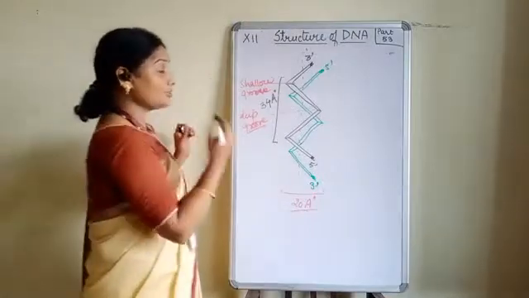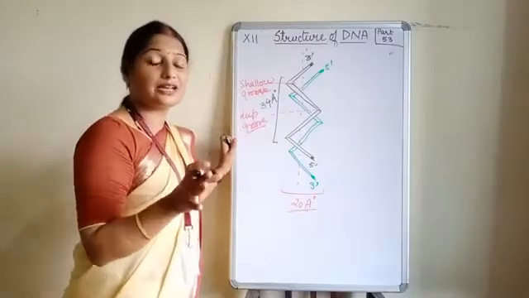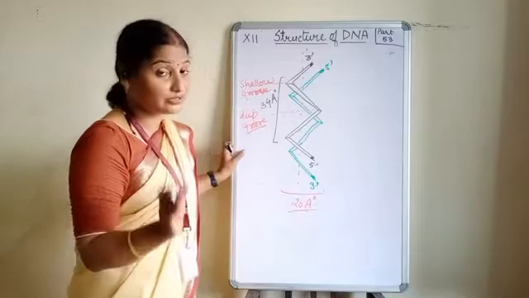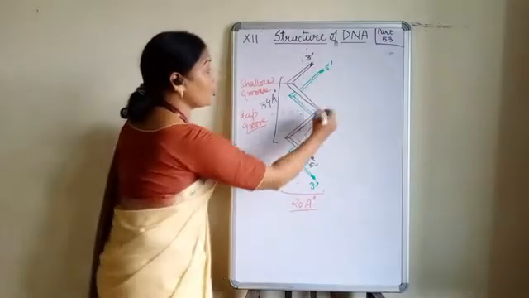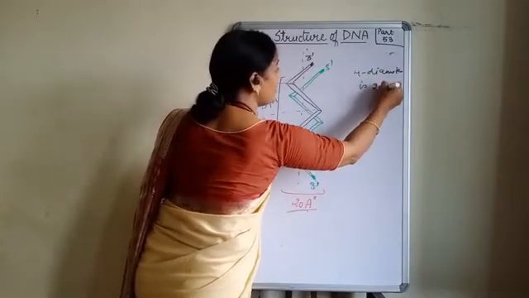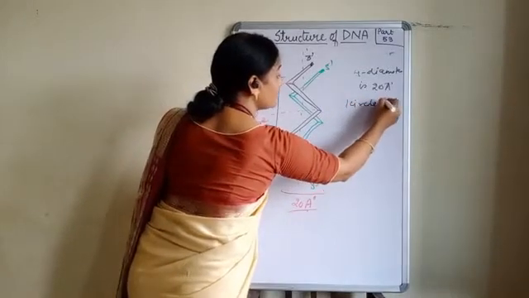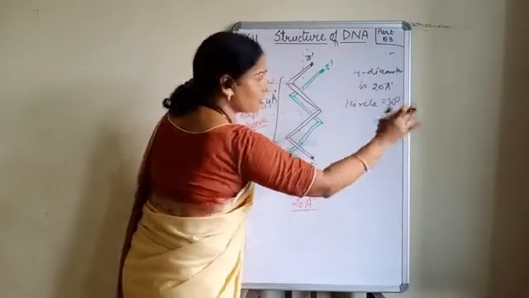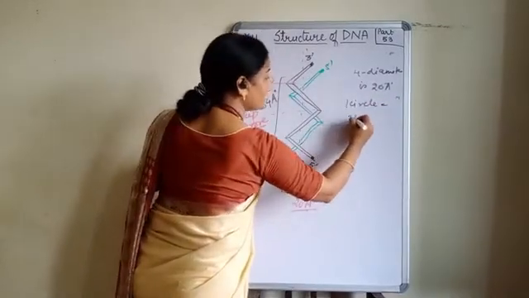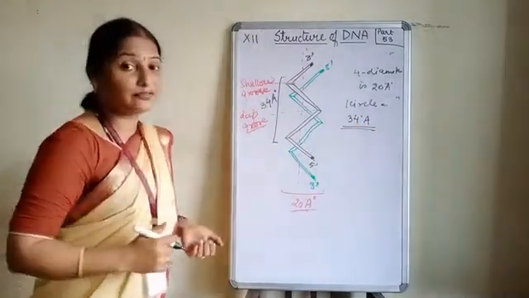Third, now what things have we got? Already we have read the 3 points, that it is a double helical structure. After that we have seen that these are anti-parallel and they are made up of the polymer of the nucleotide. 3 points are already done. This is the fourth point, that the diameter is 20 angstrom. Okay. Now one circle, like a 360-degree rotation, as you know very well, will be of 34 angstrom. So the height of one circle is 34 angstrom.